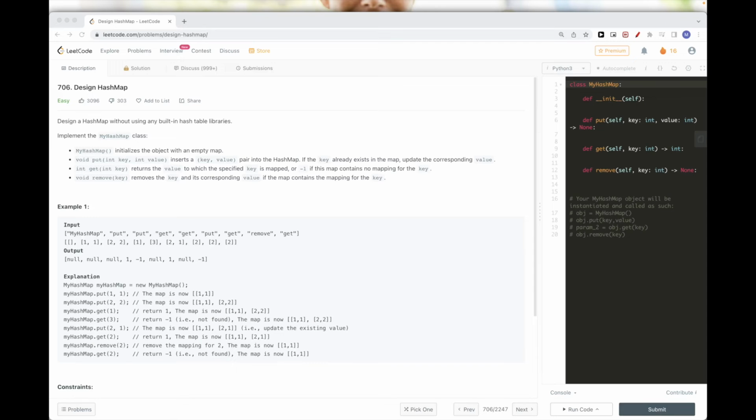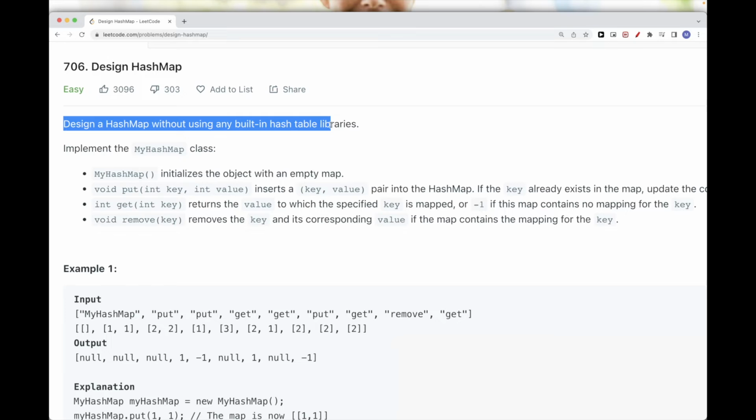Hello, so today we are going to do this Leetcode problem. It's part of Leetcode Daily April Challenge. It's design hash map, so the problem wants us to design a hash map without using any built-in hash table